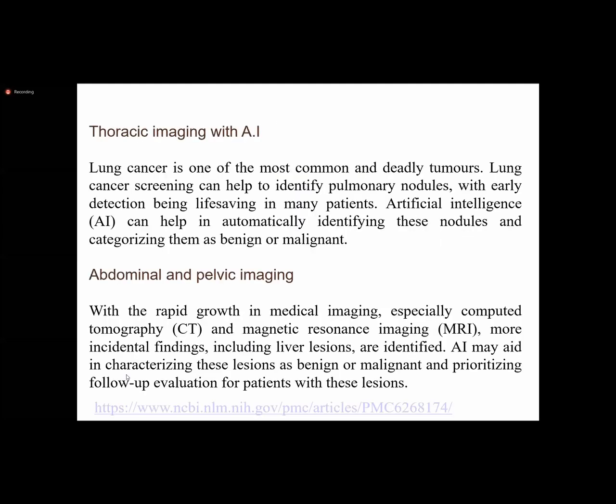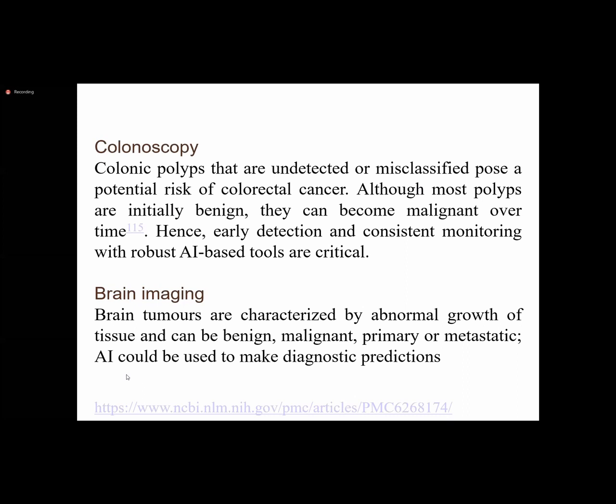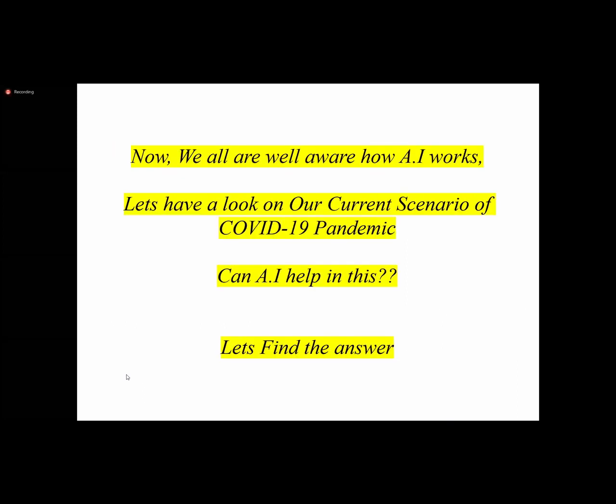Also, we have thoracic imaging with AI. We have abdominal and pelvic imaging with AI that can identify nodules and characterize benign and malignant lesions in the chest and in the abdomen also. In the abdomen, the most important thing is to know about the liver findings, to identify malignant lesions, sources, or anything else. The data is prioritized by the AI system so that malignant and non-malignant lesions can be differentiated easily. Also, we have some neuroscopic features and brain imaging features. All these we can do.